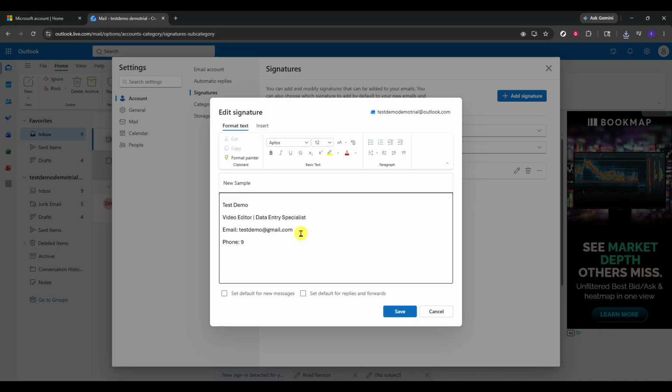For style, pick a standard, easy-to-read font and keep sizes consistent, usually around 10 to 12 points. Limit color to one accent that matches your brand and avoid bright or hard-to-read shades. If you want a subtle divider, you can use a simple line or a small separator character to keep sections